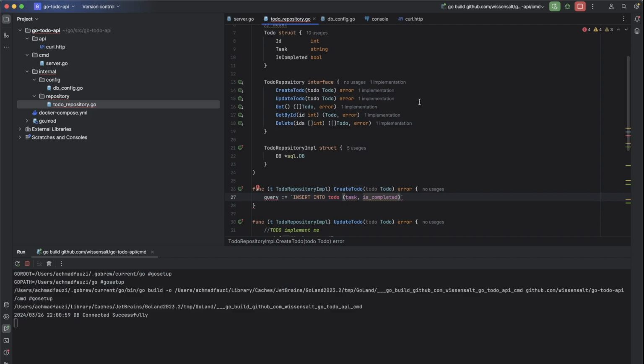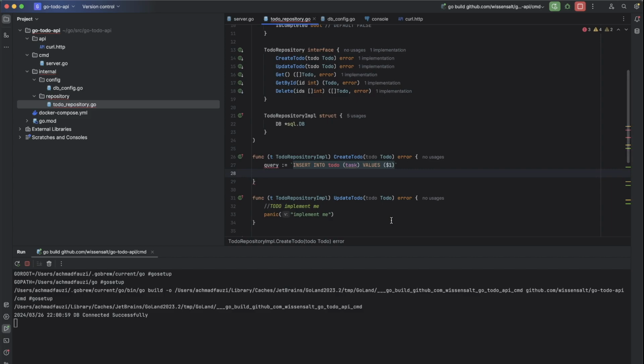I think is completed is kind of default value which has a false. It is default false, so we don't need to insert the is completed. Values from the variable one.